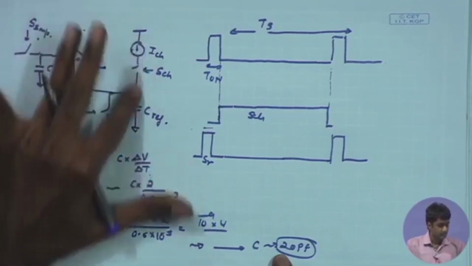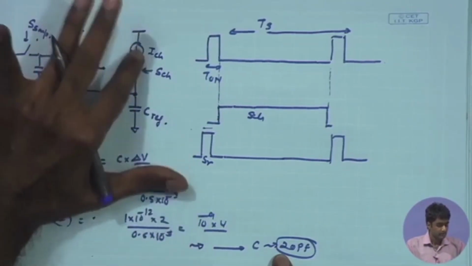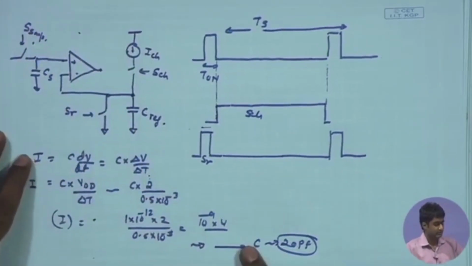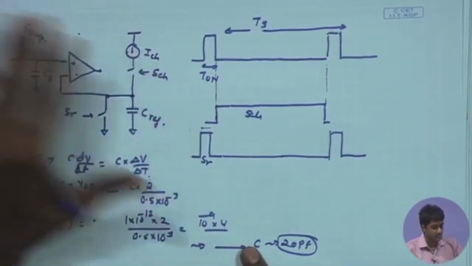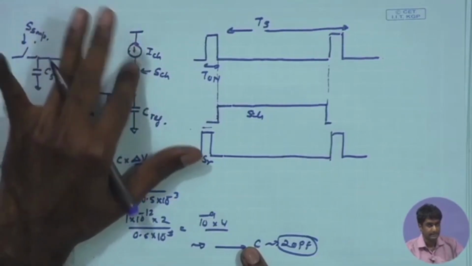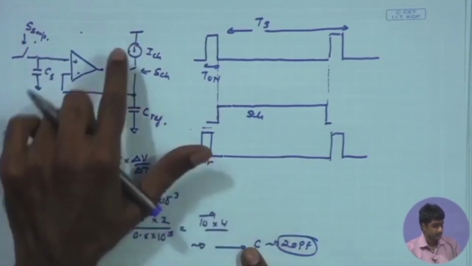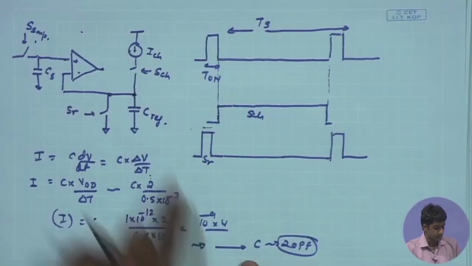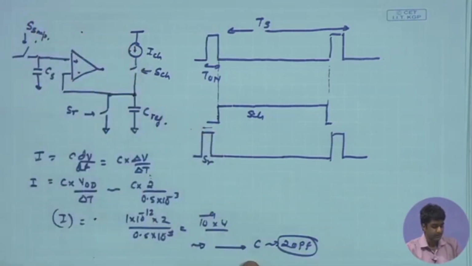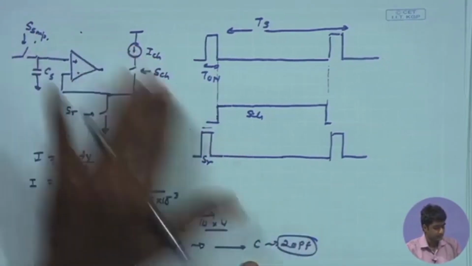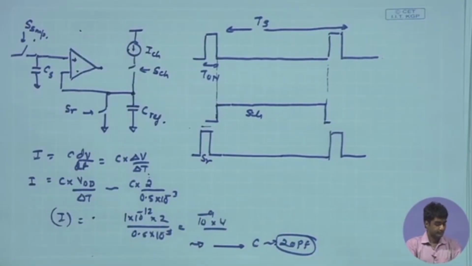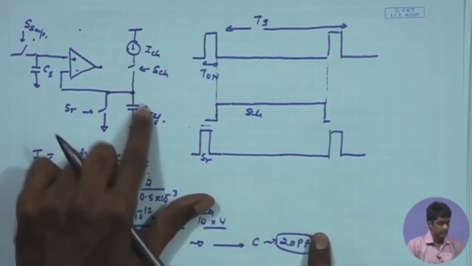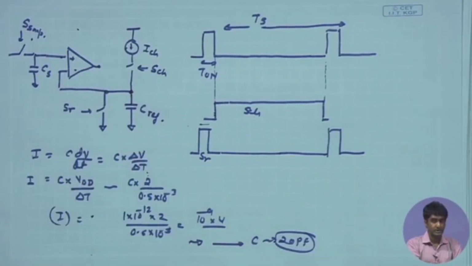But in general, the power consumption in this branch may not be so critical, because we have seen that the power consumption in the front end amplifiers etc. is sufficiently larger, at least a few tens of microampere, whereas here we are limiting this current to a few hundreds of nanoampere or 1 microampere. Therefore that's not an important constraint. However, area definitely is a more serious constraint over here, because